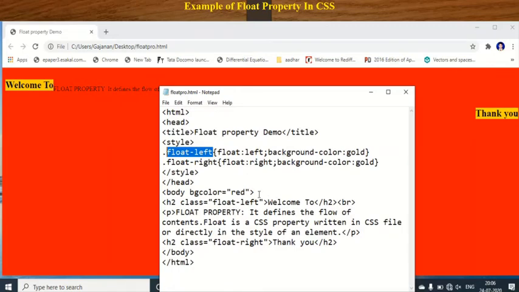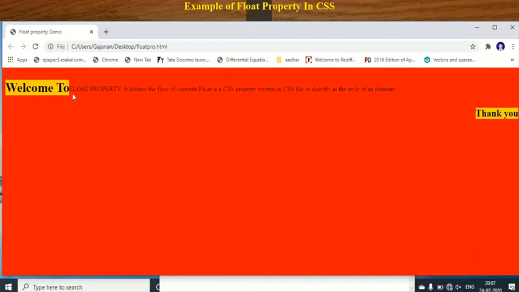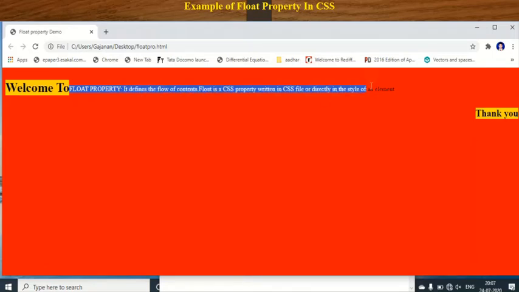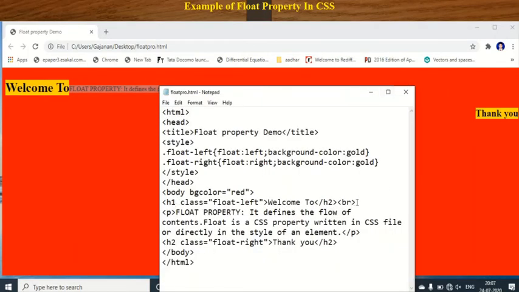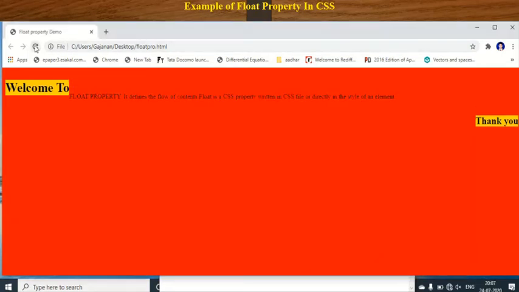Okay, suppose I want to change this, I want to apply this on h1 and next one is h2, then what happened? The same concept applies. That means whatever the text written after this h1, the flow of this text depends on your first tag, that is h1 tag. Okay, suppose I want to again use here br tag, then it is easily recognized, save, and then just observe here.